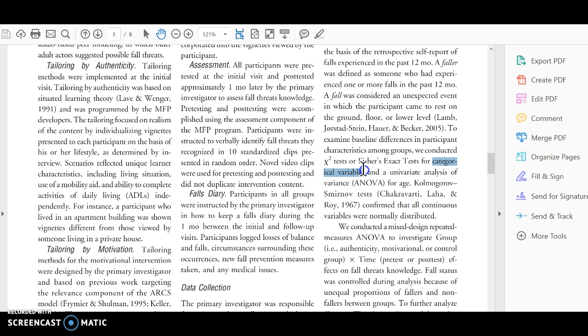Okay, this is important to note. These two tests, a chi-square or a Fisher-Exact, are used specifically for categorical variables. So let's take a minute and talk about what a chi-square is. Okay, so essentially,